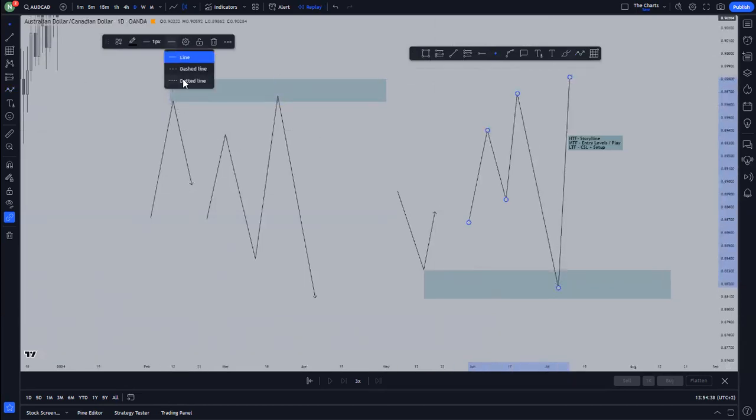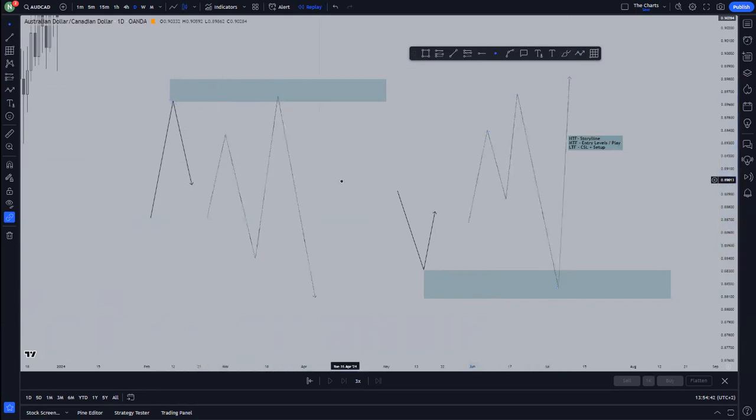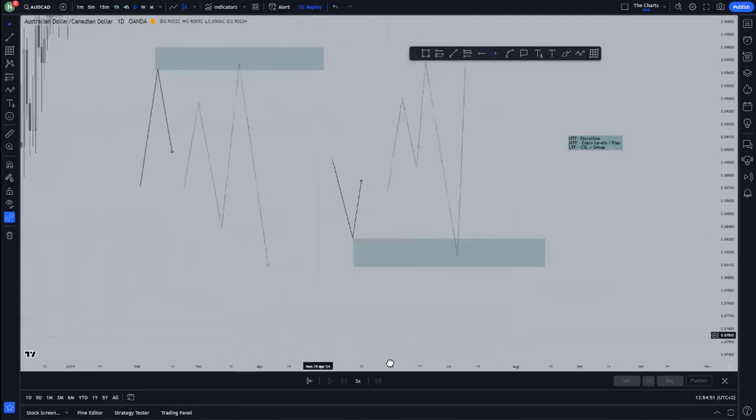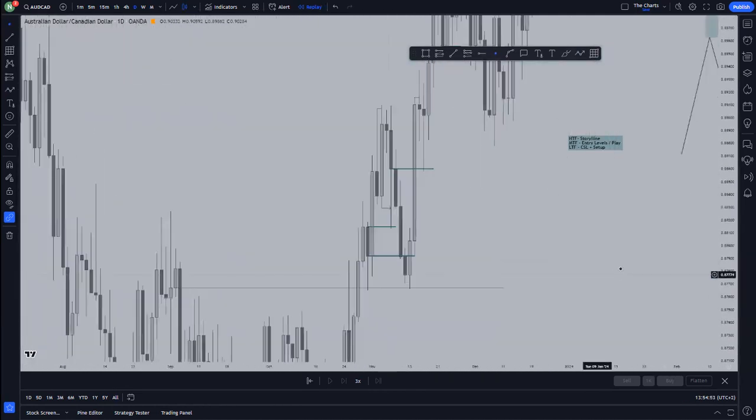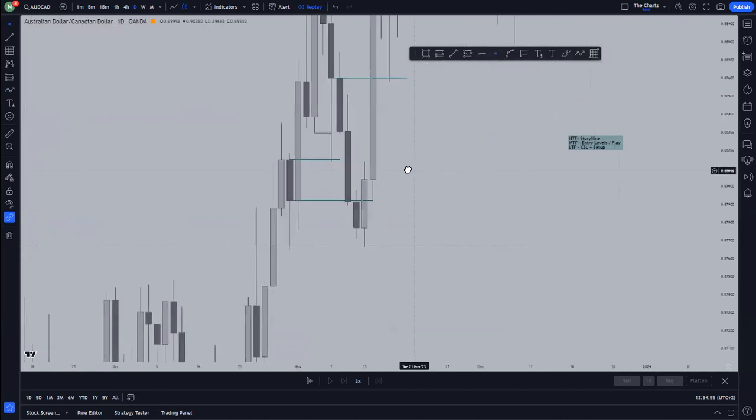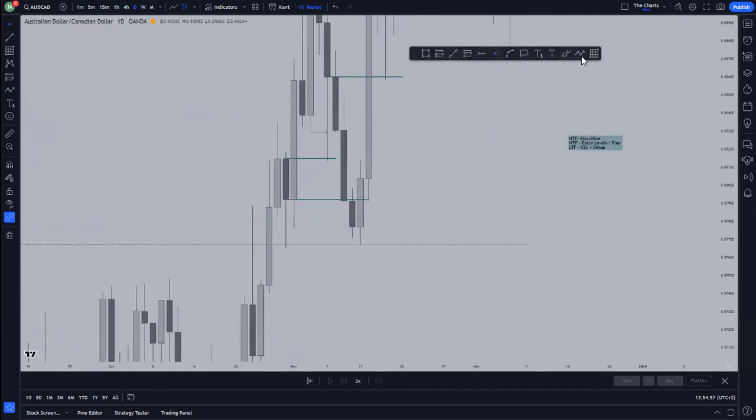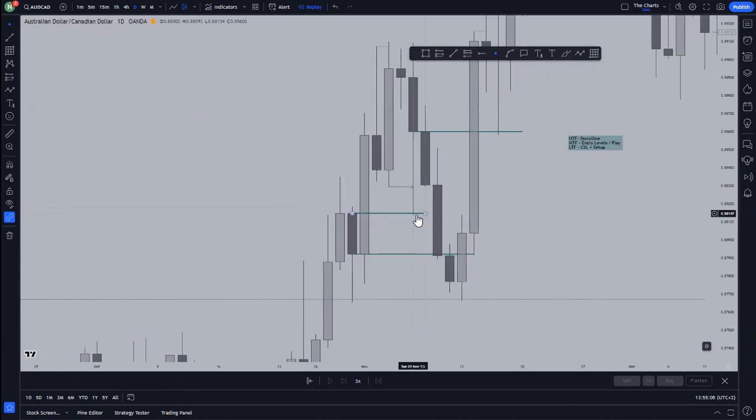So let me just do like this. So this one is your higher middle time frame, and this one is going to be your lower time frame. So using the lower time frame to filter out these levels right here. And you can see we saw that here this was a what? This was a resistance right here. This was a resistance that was broken. Now it becomes support. So you could have capitalized on this move right here a little bit to the upside.